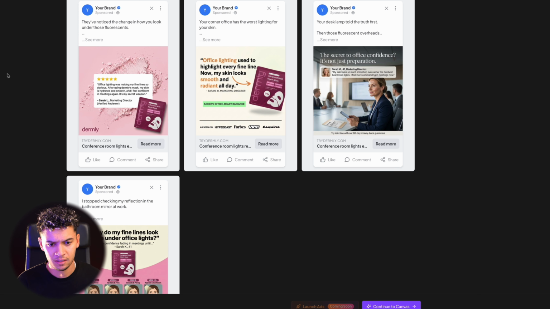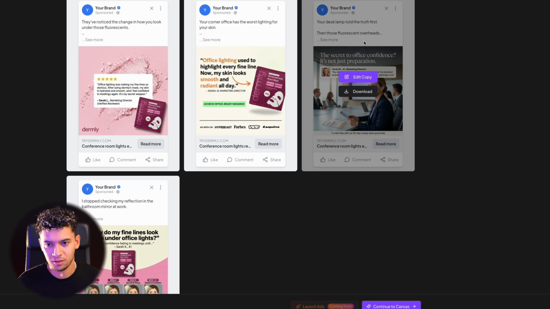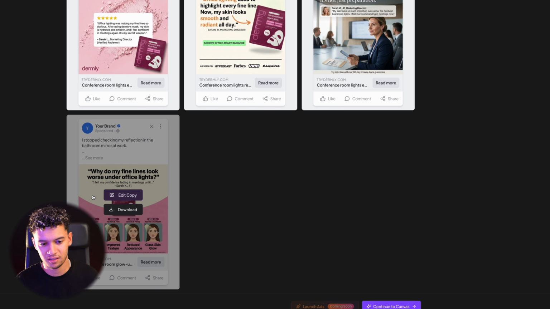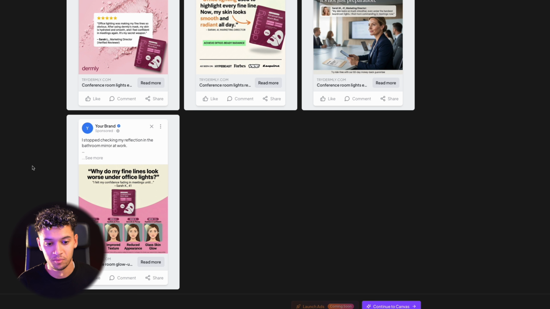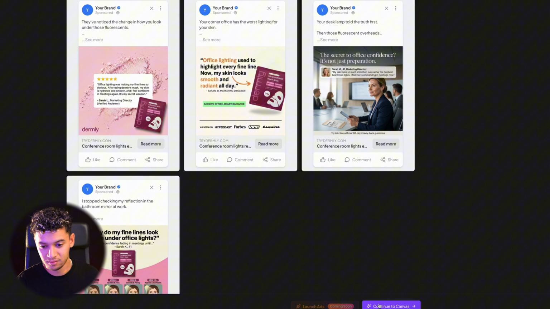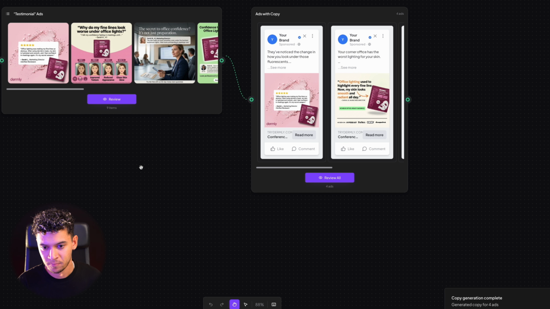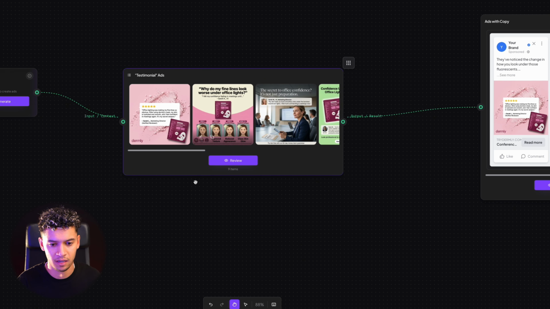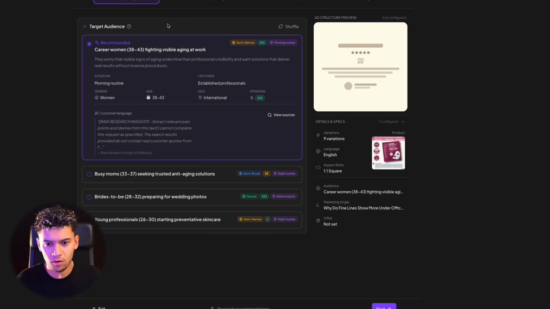Let's exit here. And then we can actually just download the copy, the images, and then that's it. We've got ourselves some ads. And if you actually look into these guys' ad library, I would say that these ads are better just straight away. And if we do want to edit something, we can go in and edit here, but here I just open the floodgates. I'll just press generate.